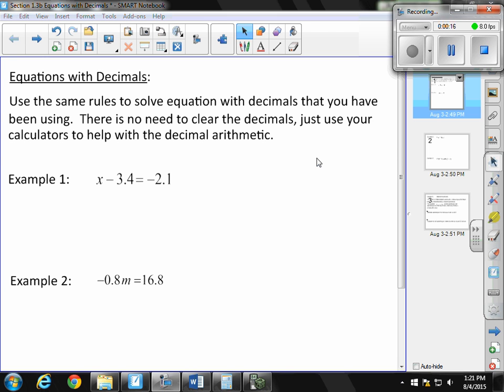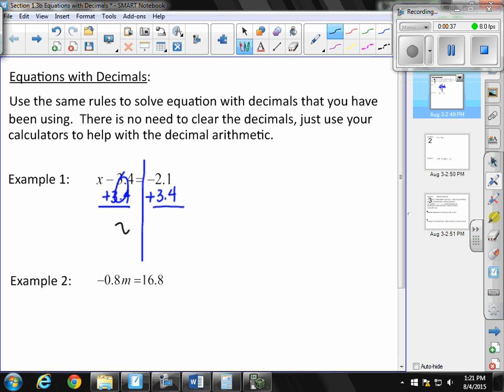In example number 1, remember that the equal sign divides our equation between the left-hand side and the right-hand side. I have x minus 3.4. If I want the x by itself, I need to add 3.4 to both sides of the equation. Negative 3.4 plus 3.4 is 0, so that leaves me with x equals,